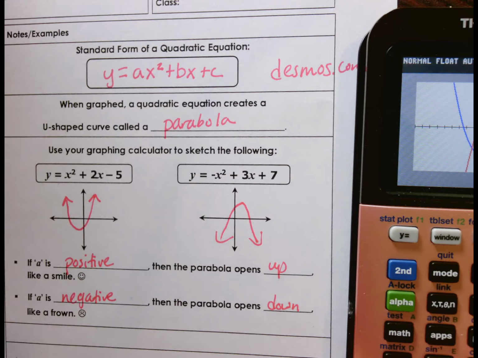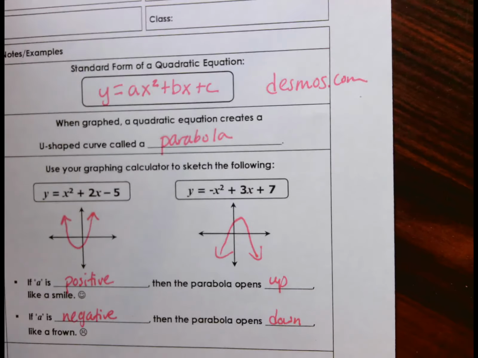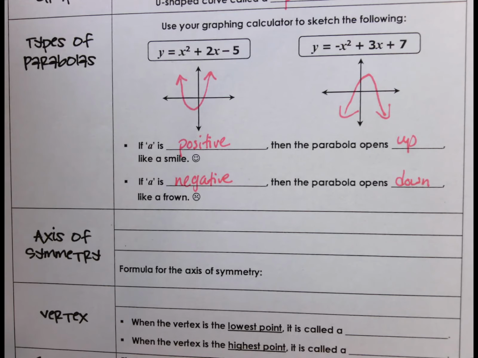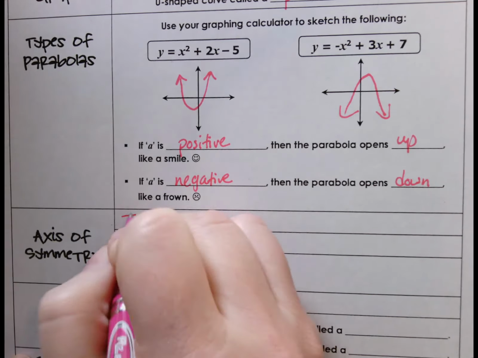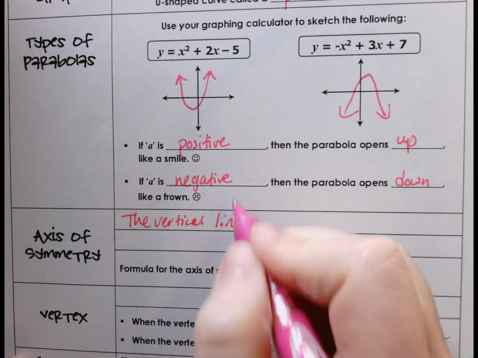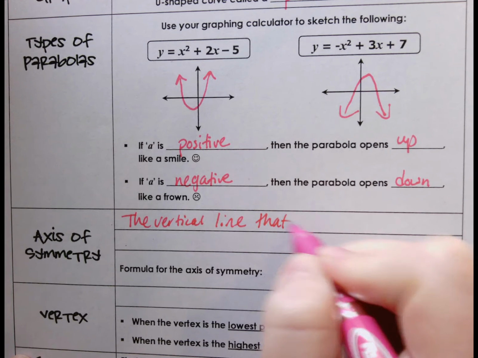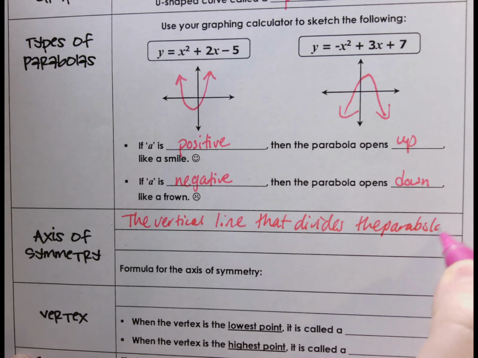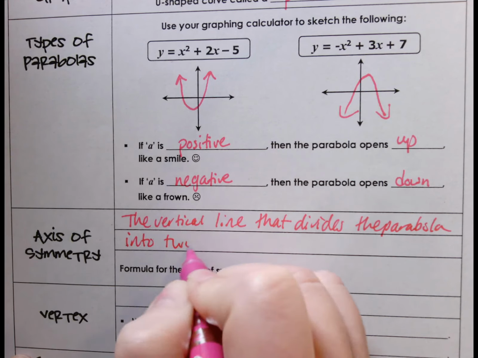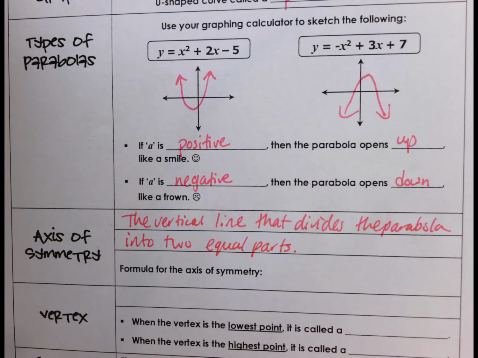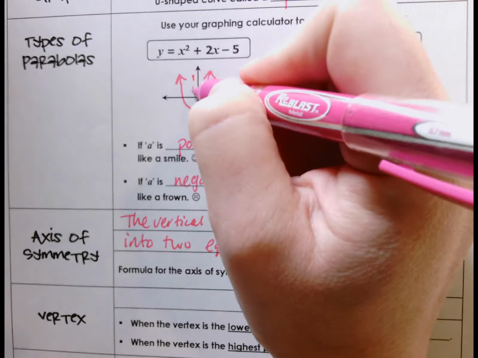So those are kind of the basics of what the parabolas look like. Now, there's a few other terms that you do need to know about quadratics and about parabolas. So the first is an axis of symmetry. An axis of symmetry is the vertical line, remember vertical means up and down, that divides the parabola into two equal parts. And you have dealt with symmetry in the past, so that shouldn't be anything too new to you. But there is going to be a line of symmetry